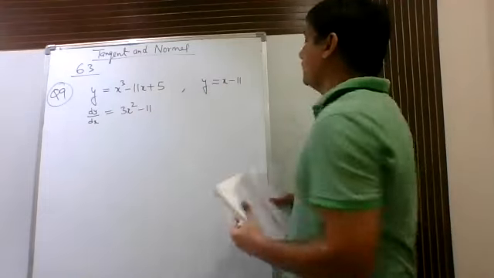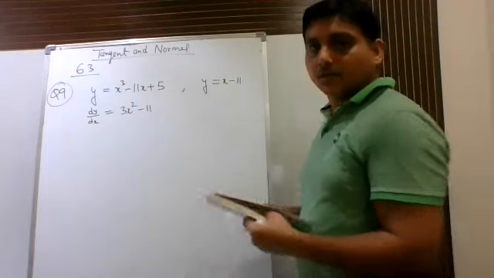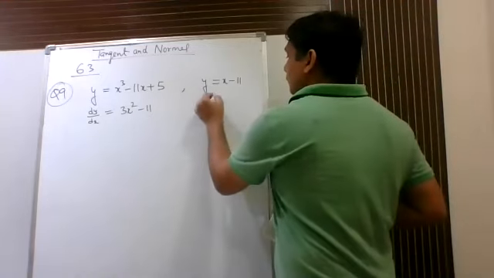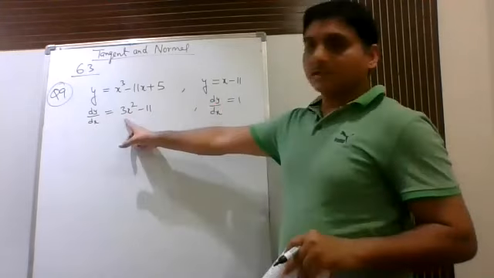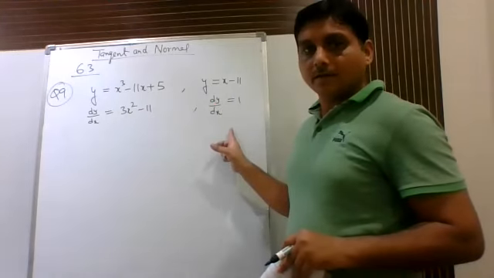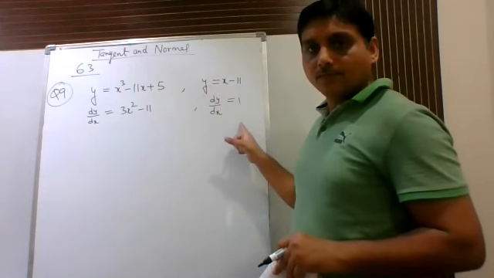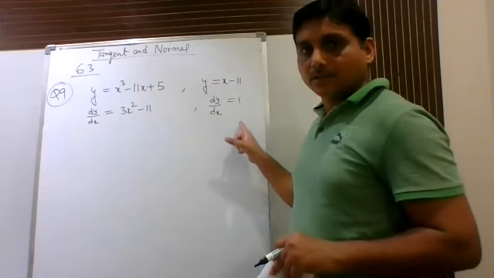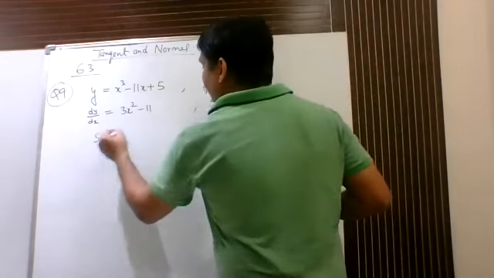Why? Because we can compare it with the form y = mx + c, or if you want, you can take the derivative and then also find the slope. So from here you will get this as 1. Now this is also a slope of a tangent, because the equation is given. So this is the slope of the tangent, and this is the slope of the tangent. So let us equate them.